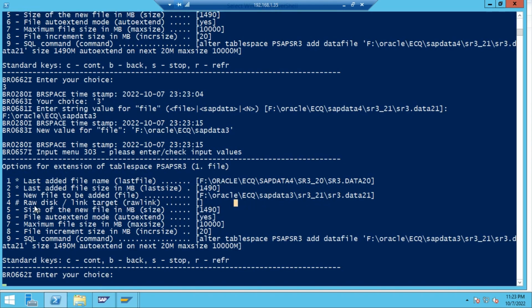Okay, now it's fine. Now the size of the new file starts at 1490 MB and it will go with auto extend mode, up to 10,000 MB maximum size. So it increases every time, 20 MB according to the fill of the table space. So continue,